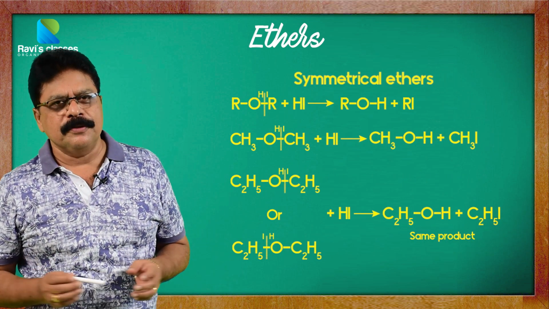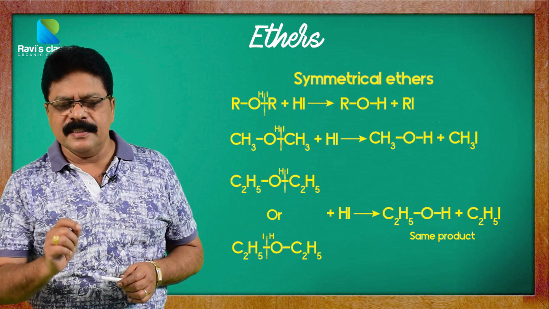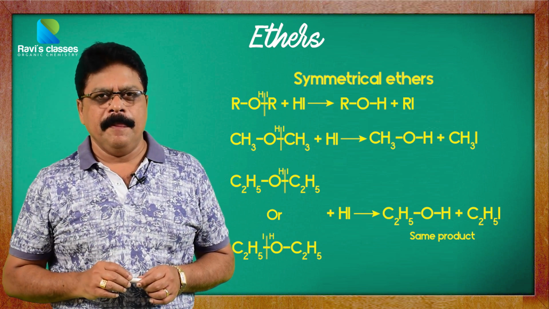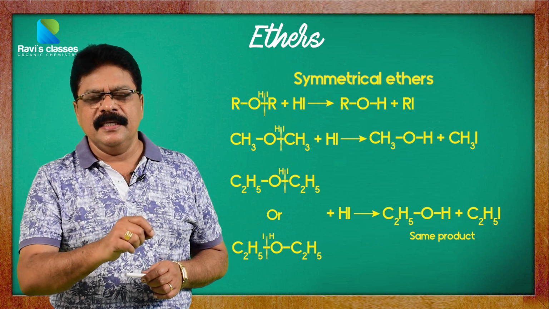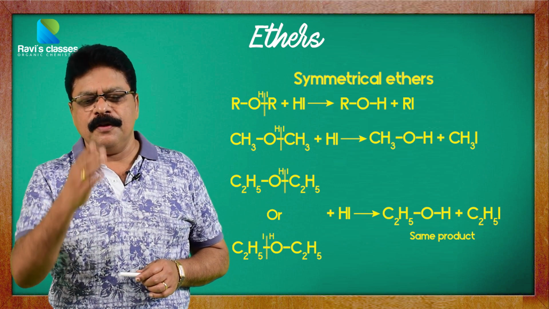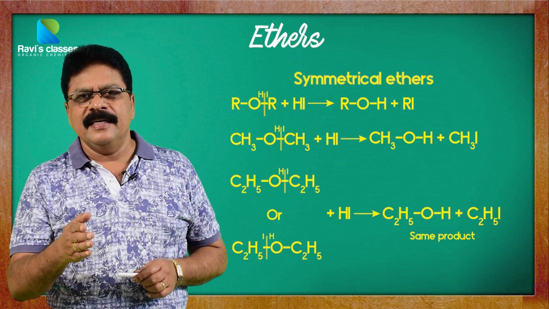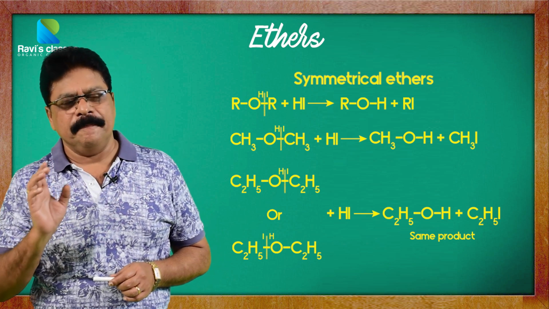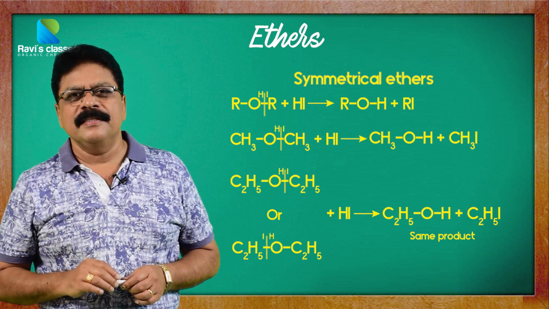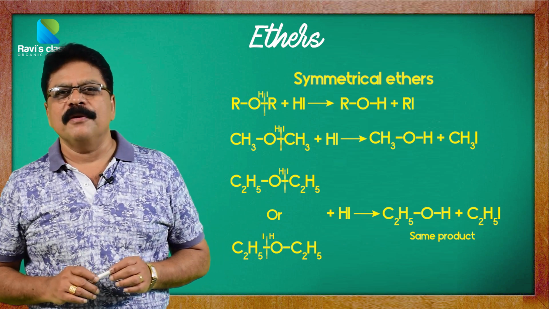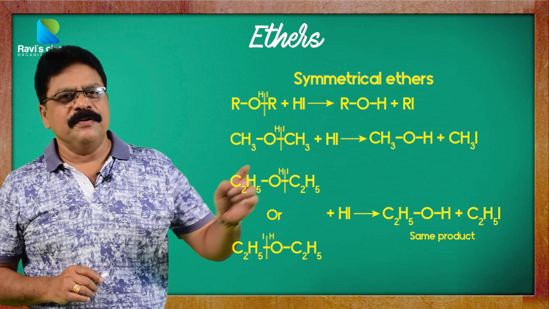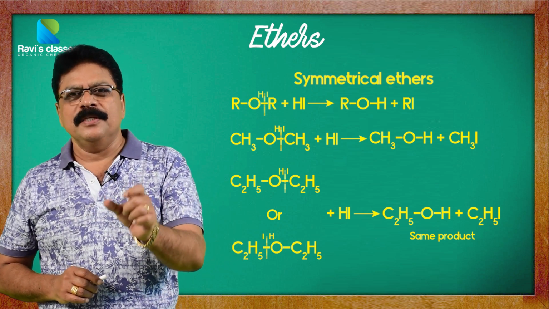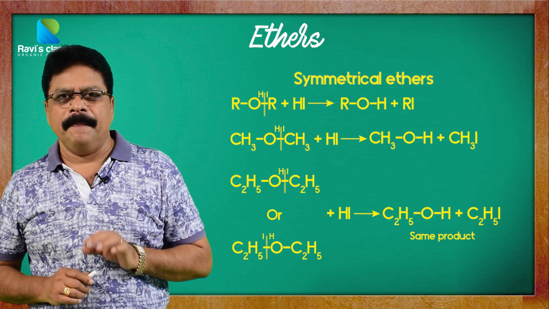Now we have already said that ethers are generally chemically inert. They do not show too many reactions. One interesting reaction shown by ethers is its reaction with HI. Whenever HI is added to an ether, ROR', one of the bonds breaks, resulting in the formation of an ROH and an RI. So this is a very simple and the only common reaction found in the case of ethers. When you treat CH3OCH3 with HI, we get CH3OH plus CH3I.